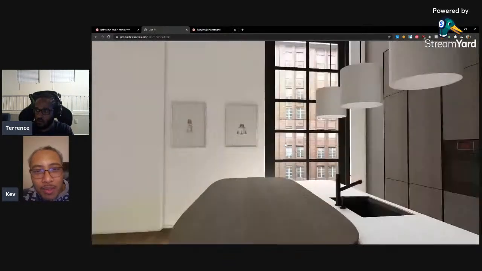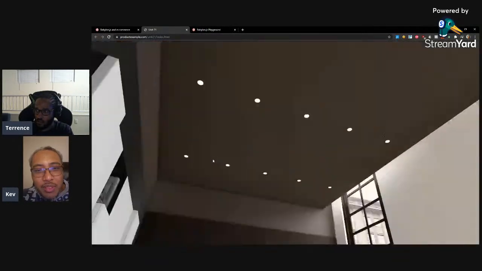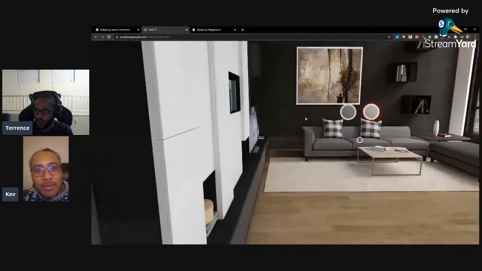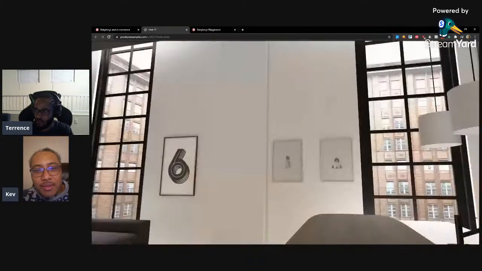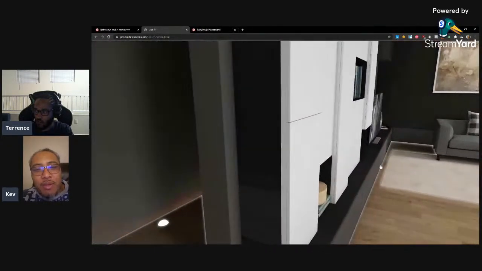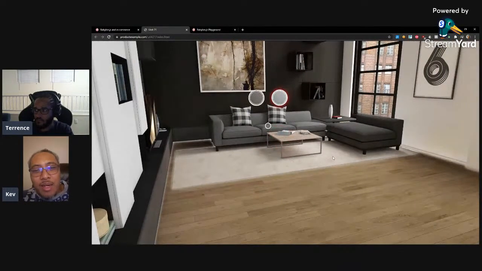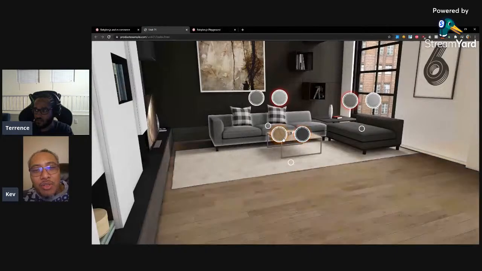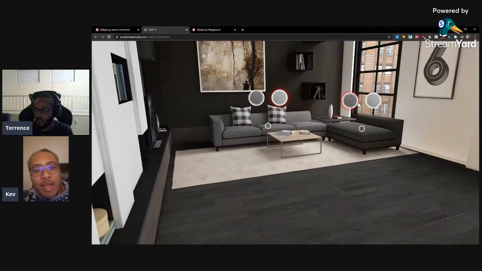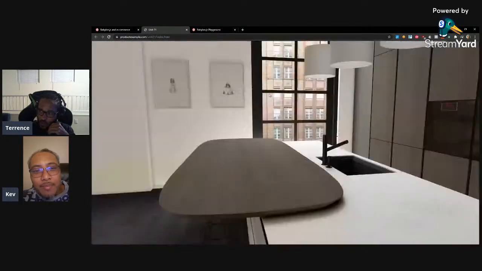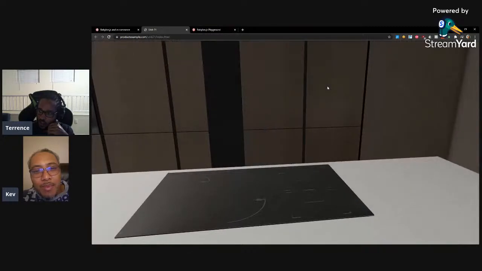Oh wow, this actually looks pretty good. I guess this is kind of like letting people have a house tour without actually being in the home. I could see a big company like IKEA having an app like this, where you could replace that couch model with a different couch that they have there, change the colors. Yep. This is almost like VR. You could port this over to VR.